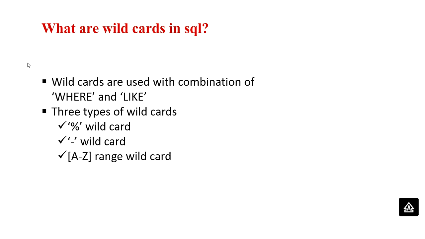To understand this, we will consider an example. Suppose there is a requirement where we have to find out the student names which start with either A, B or C. Then here we will provide a range which starts with A and ends with C. To get a better understanding, let's jump on to the practical.